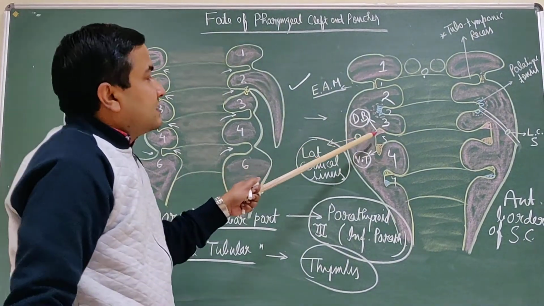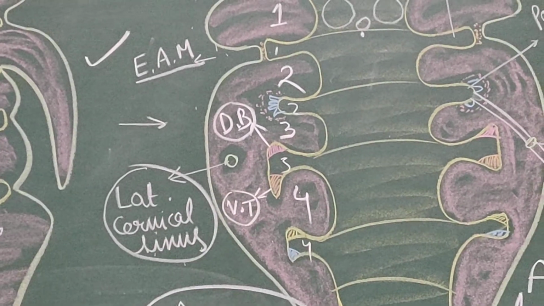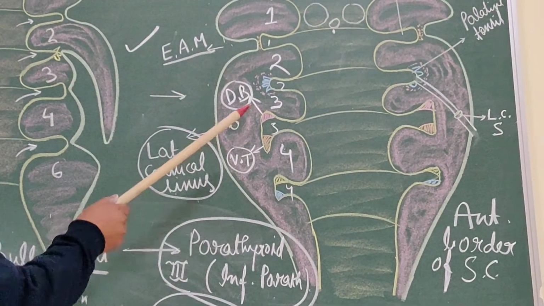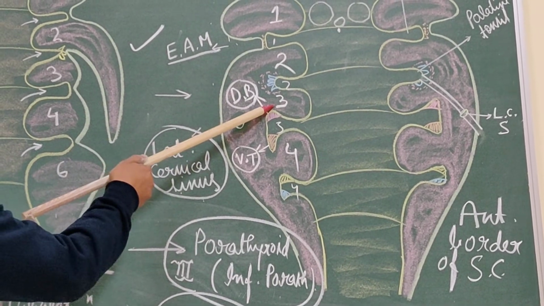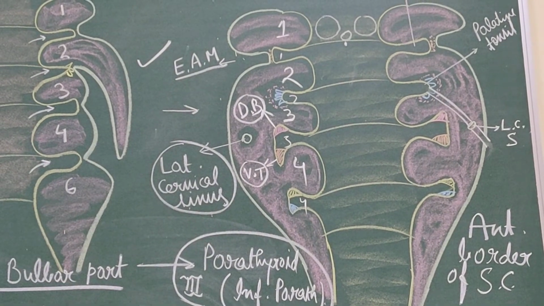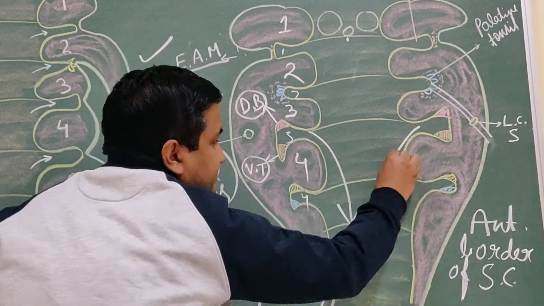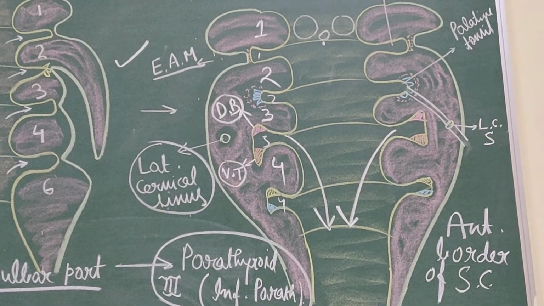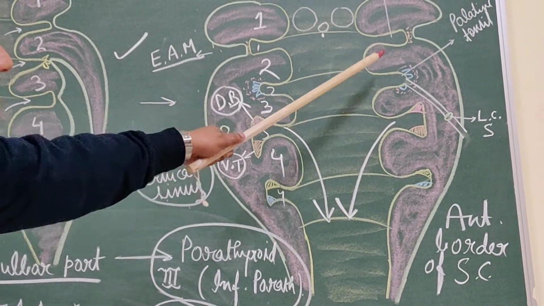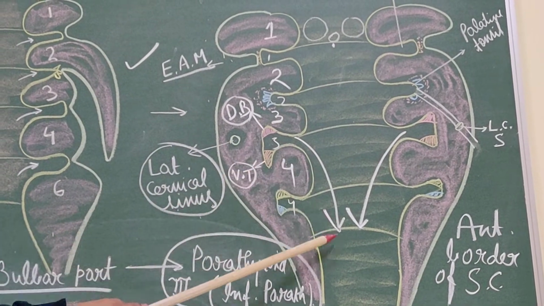Now what happens? The normal position of the thymus is in the mediastinum, anterior mediastinum. So this complete part, third pouch, gets detached from the pharyngeal walls, separates, gets cut off, and after being cut off descends from both sides. The thymus as well as the inferior parathyroid gland both are separated, detached from the pharyngeal wall and descend downwards and medially.